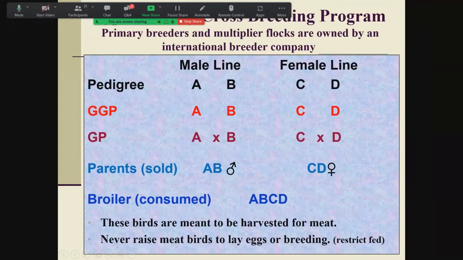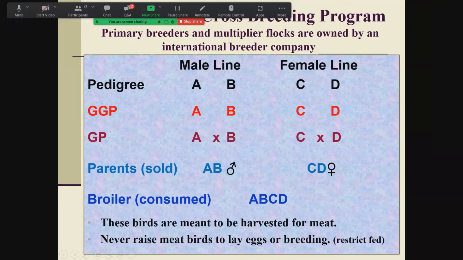And how we've gotten here, so you understand, is remember I said there was a negative correlation between meat and eggs? Well, what we've done is produce hybrid strains of birds. We've developed male lines that bring in efficient meat production, and we developed female lines that are relatively good producing birds that bring the production traits over. So we make these male lines until we have an AB, two male lines that are crossed. The male of that line is then crossed with the two female lines that come together with the production traits,